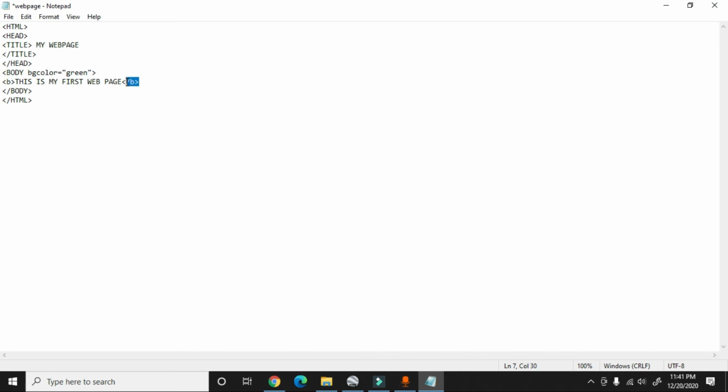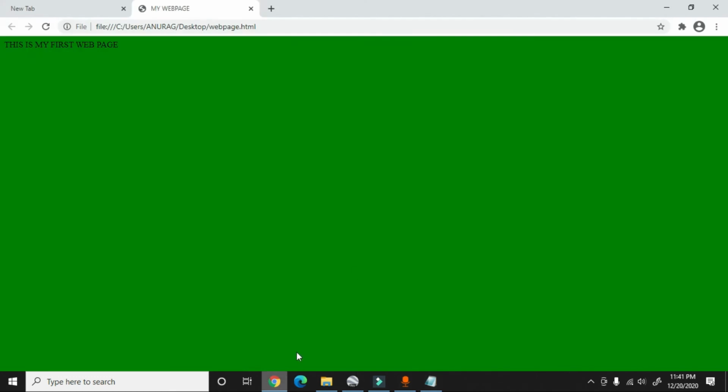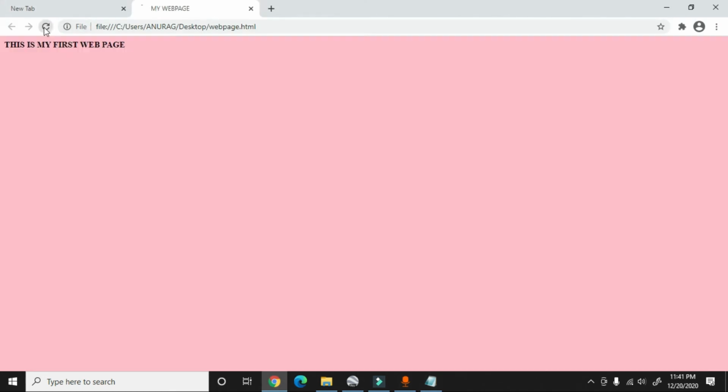This is also a container tag, so we have to open it and close it. Let's change the color also, change to pink. Now save it, open the web page and refresh it. Now you can see the color changes to pink and our text changes to bold.